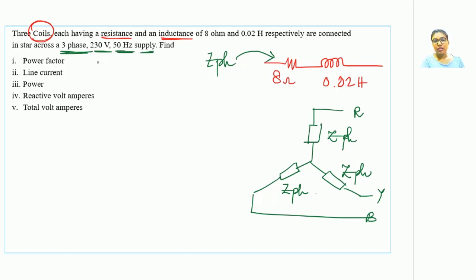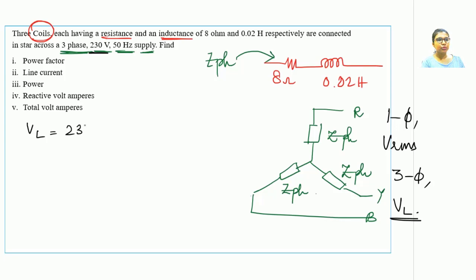Now, as we had discussed in our previous video lecture, in the numericals for a single phase, the value of Vrms is always mentioned. Similarly, for a three-phase circuit, when the numerical is being asked, the RMS value of the line voltage would always be given to us. So this is a very important point. For single phase, the Vrms is always specified. For a three-phase, the line voltage is always specified. So what can we get from this numerical? That VL is equal to 230 volts and it is a star connection.